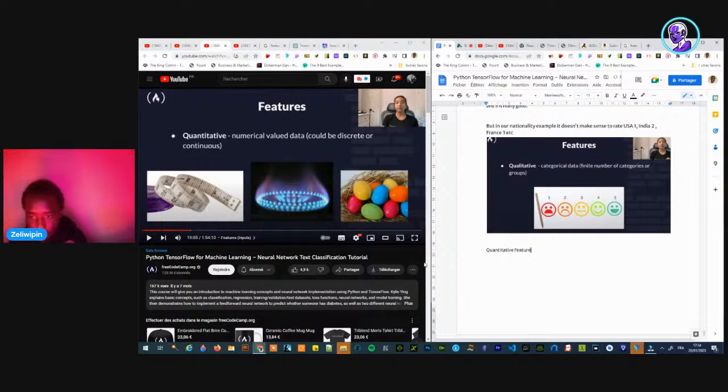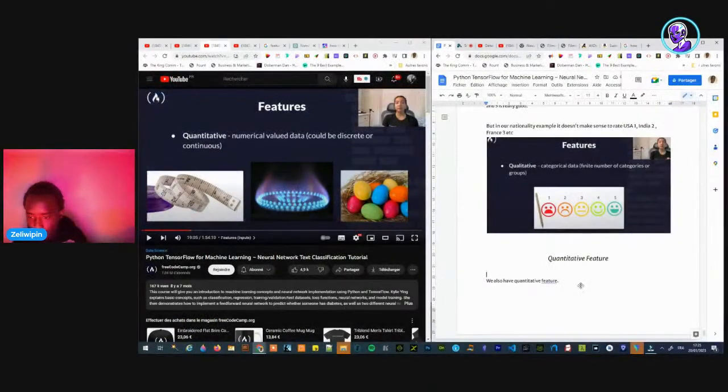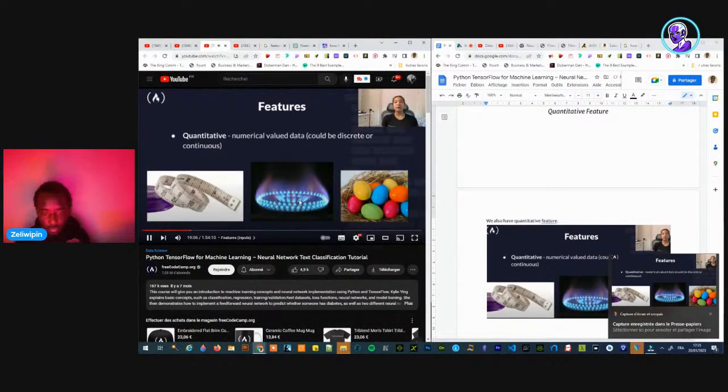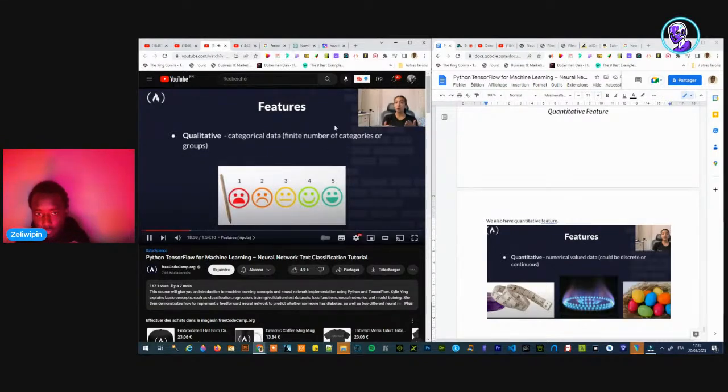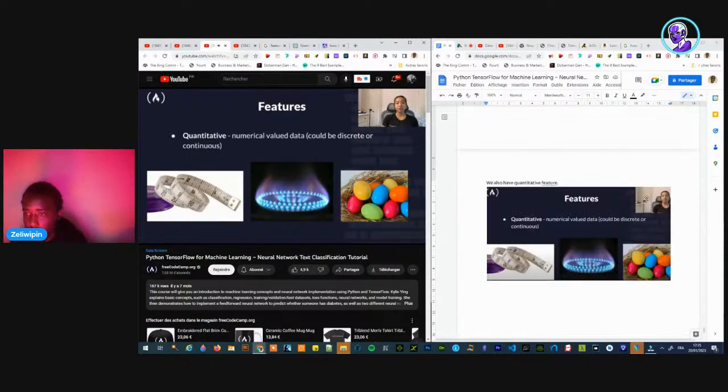We also have the numerical value that can be described as continuous.